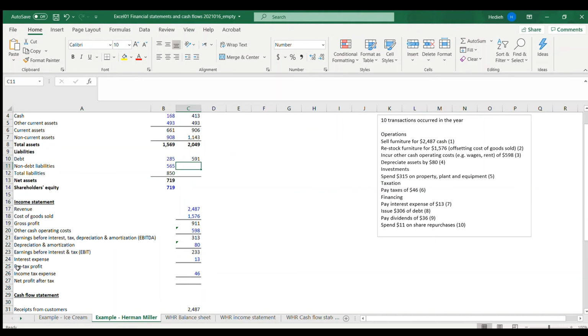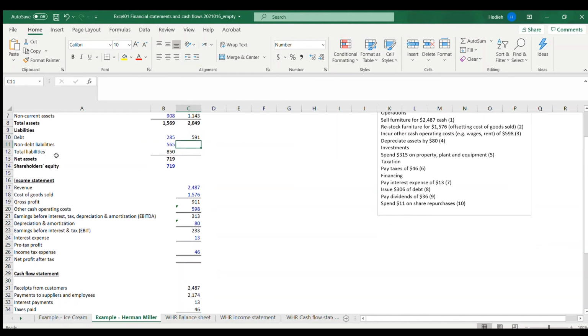The income statement is all about how much money you earned and how much money you had to spend to produce finished goods or to provide the services that you could sell to your customers. So the income statement is not affected by this